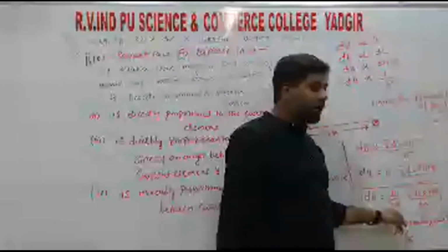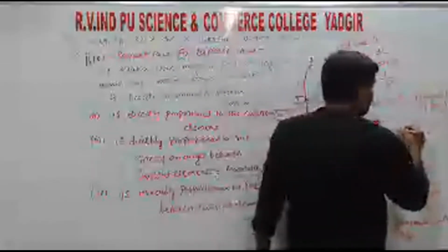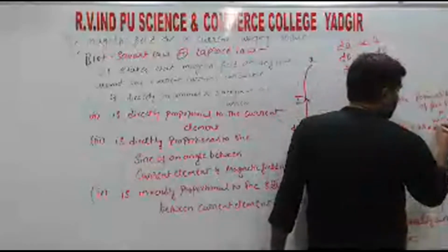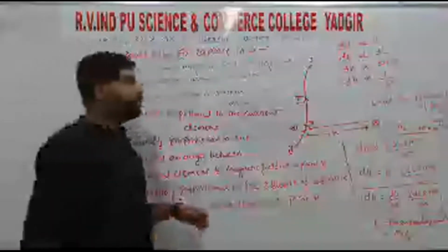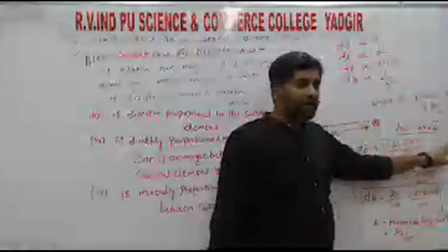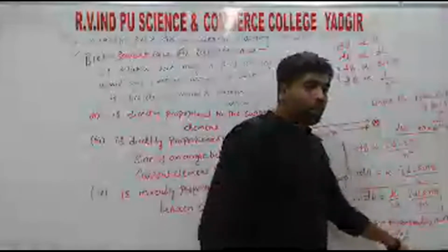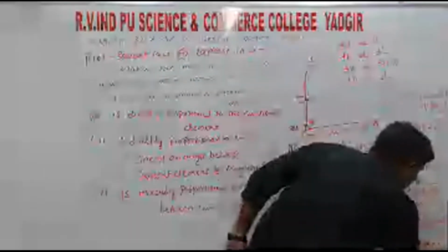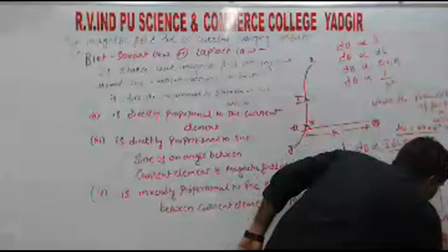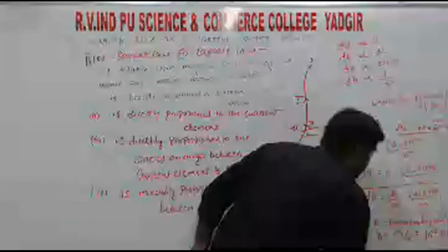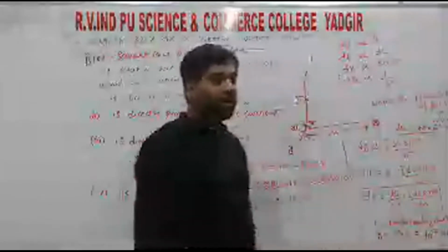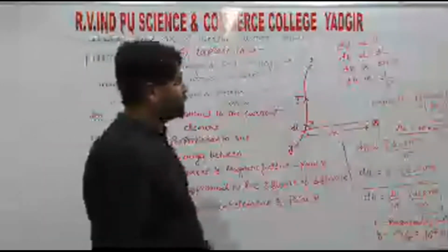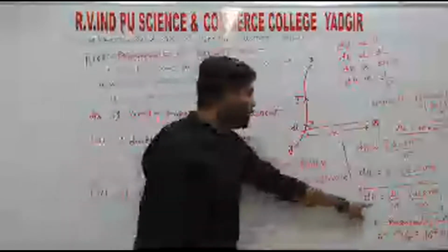So the k value is mu naught divided by 4 pi, and the mu naught value is 4 pi into 10 to the power of minus 7 Henry per meter, right? So we get the k value as mu naught divided by 4 pi, that is 4 pi into 10 to the power of minus 7 over 4 pi. So 4 pi gets cancelled and we directly get 10 to the power of minus 7 Henry per meter. So this is the value for the constant k. When we solve problems directly, we can substitute mu naught by 4 pi as 10 power minus 7, right? So this is about the Biot-Savart law, and the last one is the representation of the Biot-Savart law